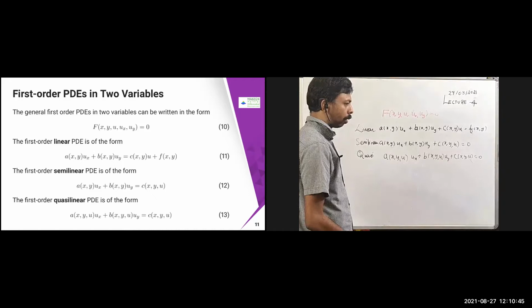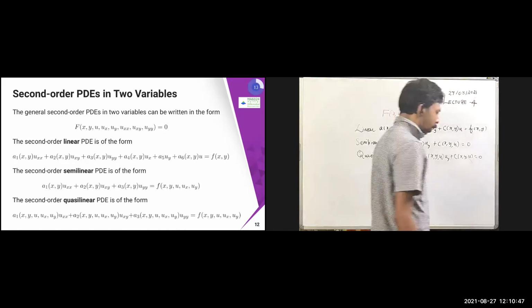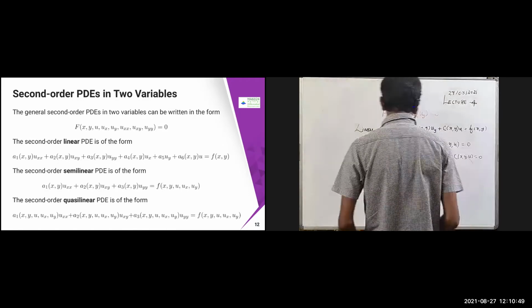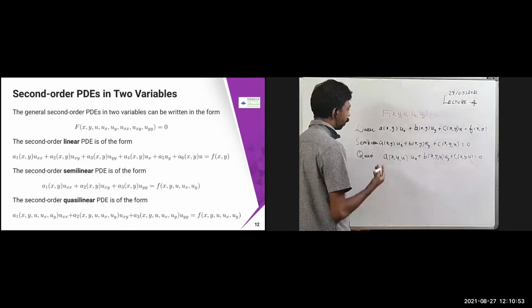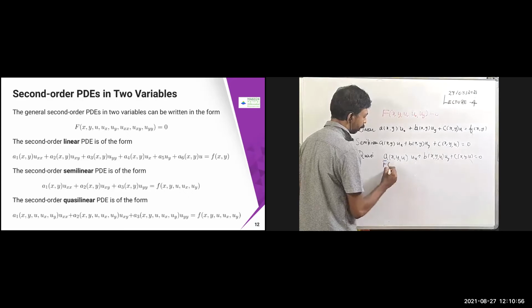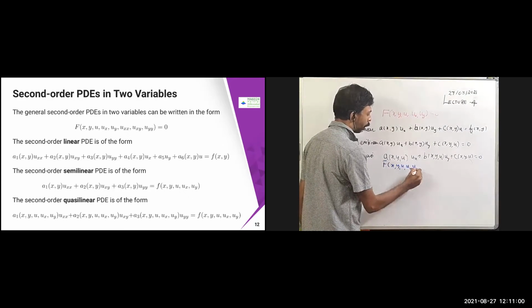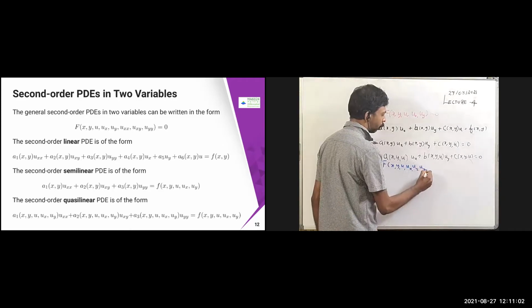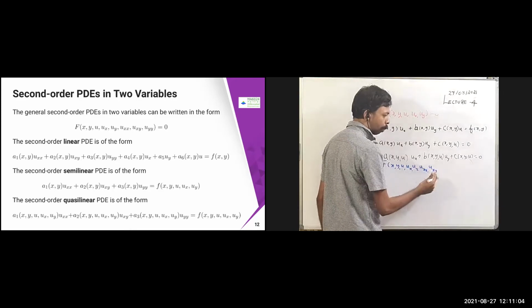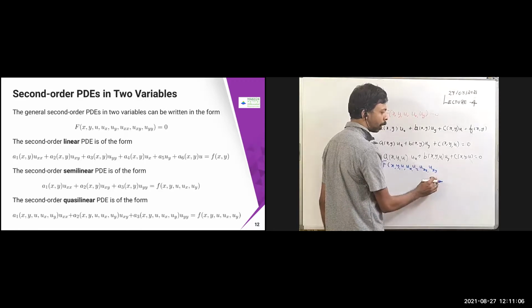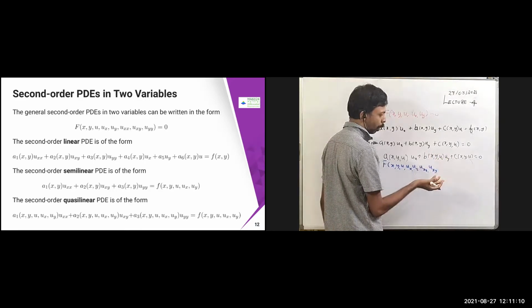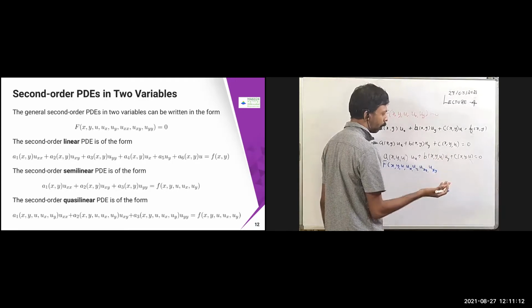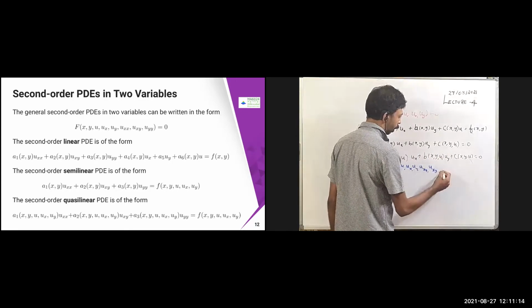Okay. So now let us go to the second order PDE. In second order PDE, what is going to come? Let us see that. In this case, it is going to become f of x comma y comma u comma ux comma uy comma uxx comma uxy comma. Of course, I can put uy comma x, but I'm just assuming that ux comma y and uy comma x are equal, with the condition that the continuous derivatives are there.